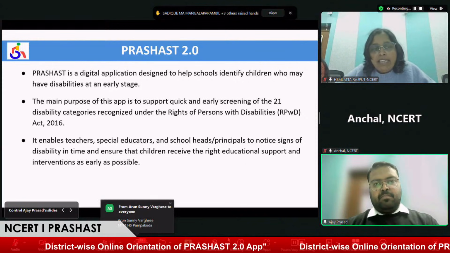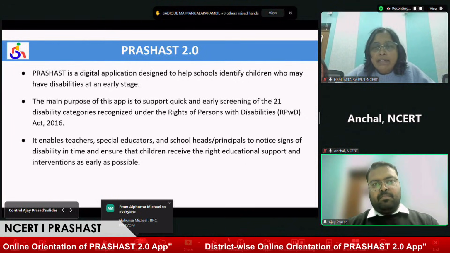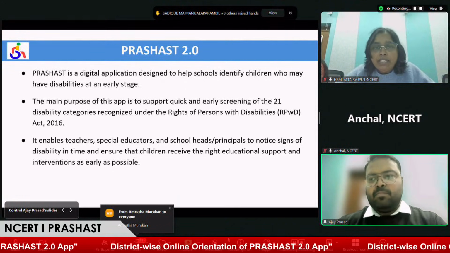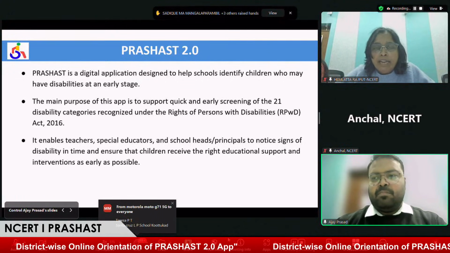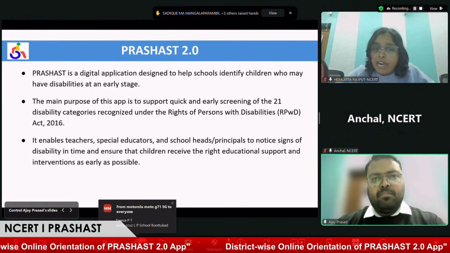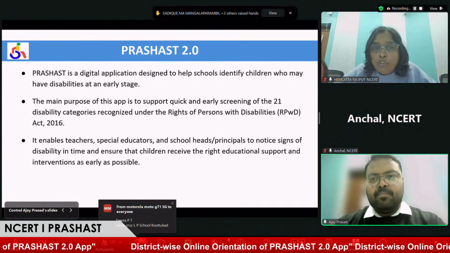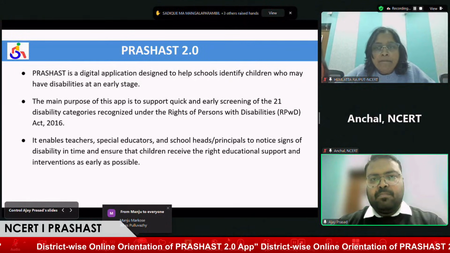And why are we saying that we have to screen every child? Because we know that the learning requirements of every child are different, and that's why we encourage every participant to screen each and every child with this application. Currently this application is available on both iOS and Android devices.